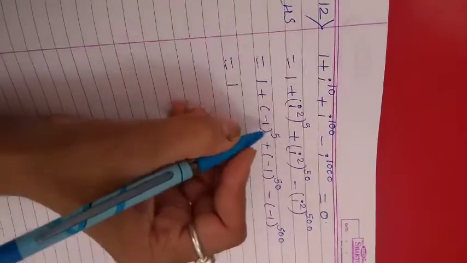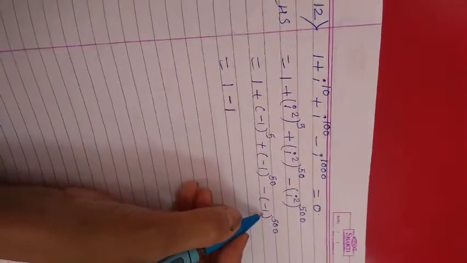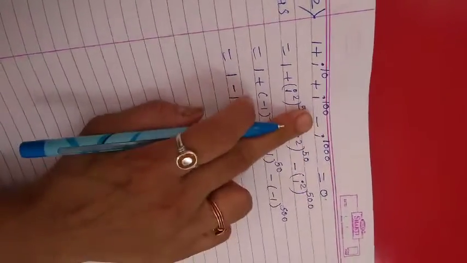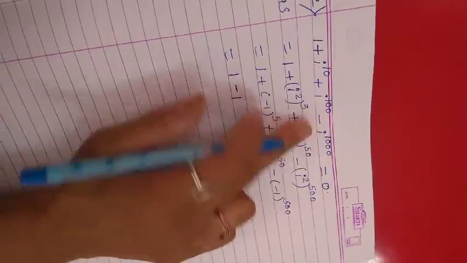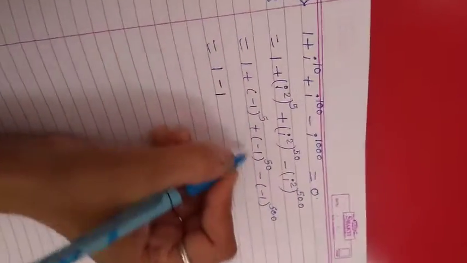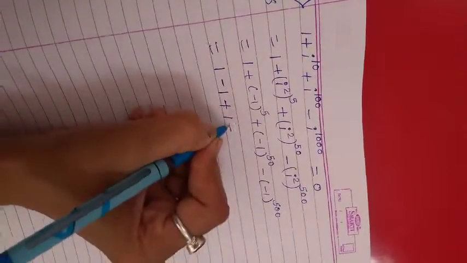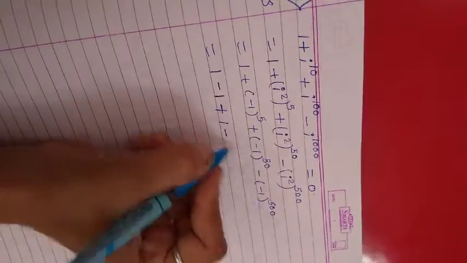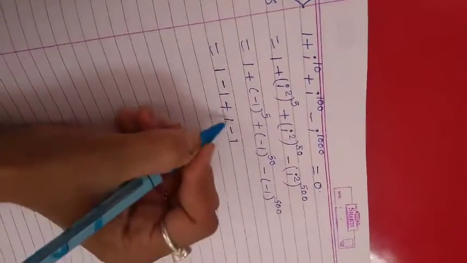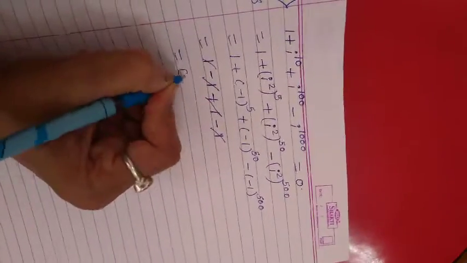Now here (−1)^5 is odd, so this is −1, this is even, this is also even. Now this is +1. Now here −1 is given, and if in the question +1 is given, then we will not get 0. Okay. So this is −1. This is +1, an even number. This is −1 and this will come as (−1)^50, that is, 1 only. Now this is +1 −1 cancel, +1 −1 cancel, the answer is 0.